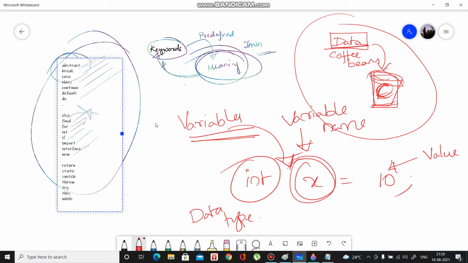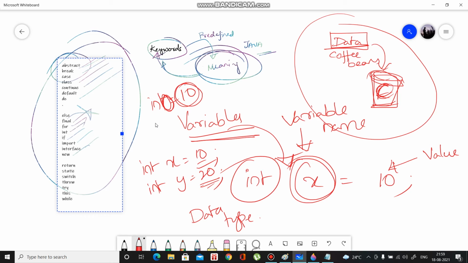Without storing a value, you can't get output. Like int x equal to 10, int y equal to 20, and you want to add these two. If you just write int equal to 10, there is no memory location which holds some value.